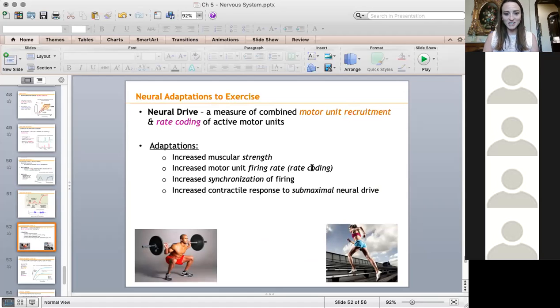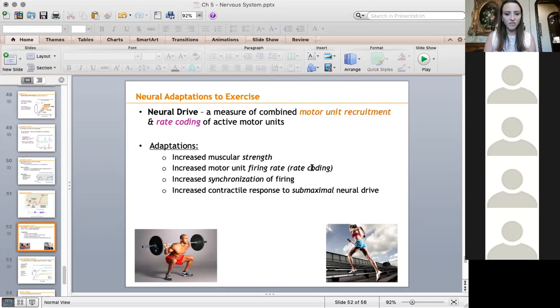Okay, neural adaptation. So neural drive is basically a combination of we have lots of motor units that are recruited, but we're also rate coding those motor units. When we do that, it allows for more force. So when we hear that someone has an increased neural drive, it means it's voluntary activation of motor units and they're stronger. So adaptations, number one, neural drive. If we have more neural drive, we have greater force production. And it's due to the fact that we've recruited more motor units and we keep stimulating those motor units to produce force via